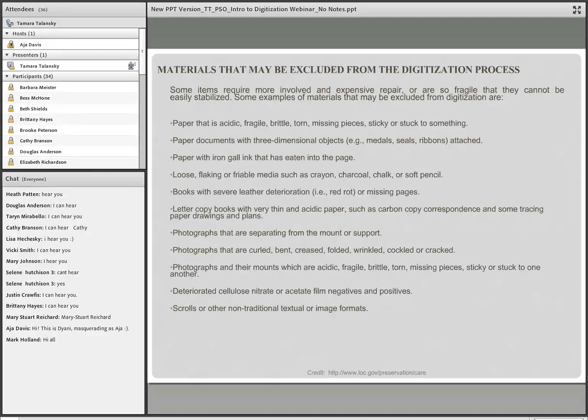There are also some materials that you may choose not to digitize for a variety of reasons. Some require more involved and expensive repair or are so fragile that they cannot easily be stabilized. So for these items, preservation specialists must discuss treatment options with the curator or conservator or project manager of the collection. And here again is a slide that you can refer to later